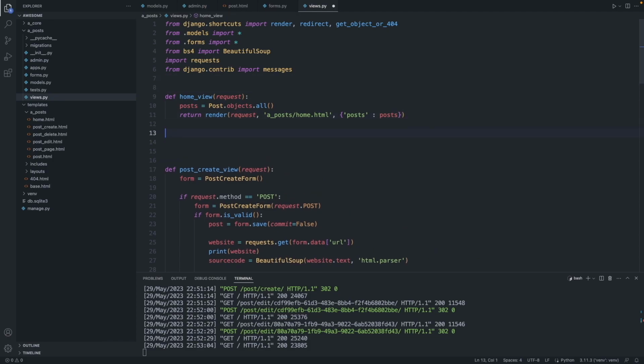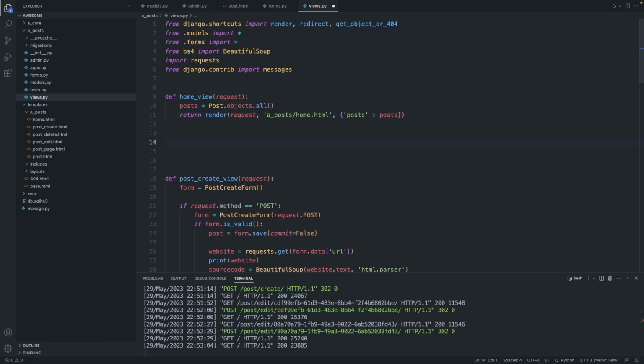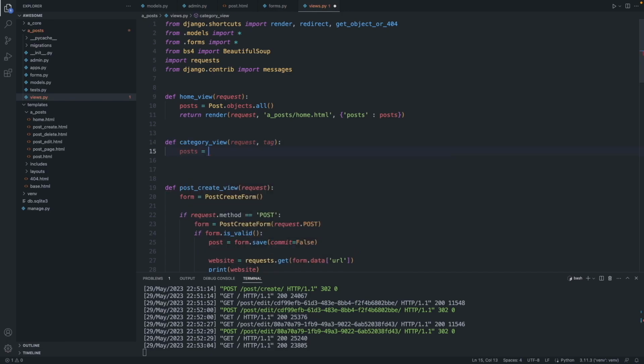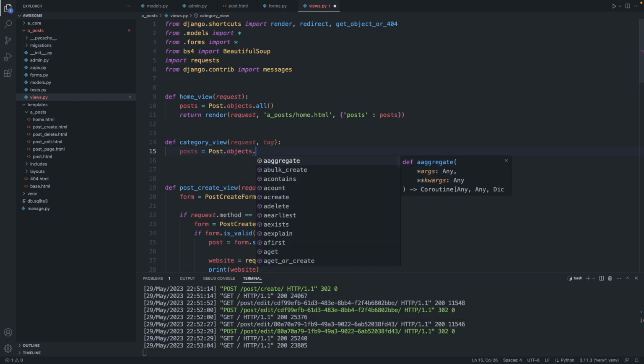Let's add a category view now. So def category view takes in the request, but it also takes in the tag. So it will show only posts with this specific tag. Posts equals, we go to the post table, objects,